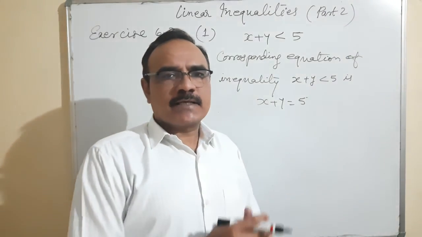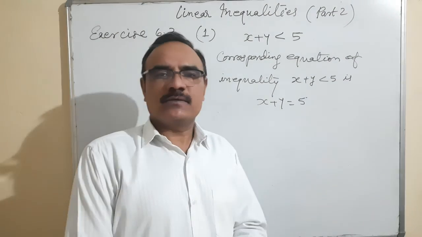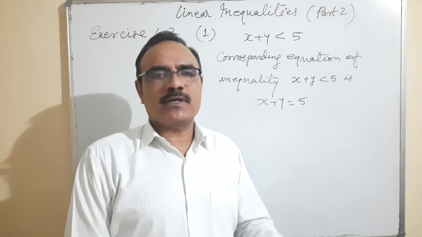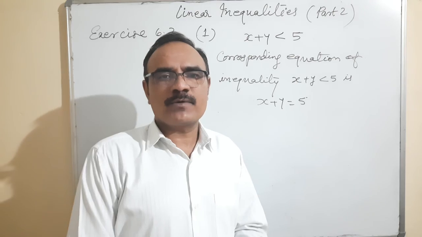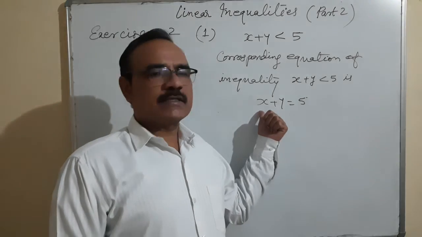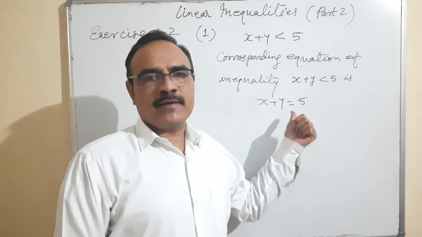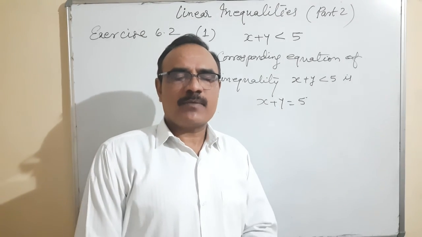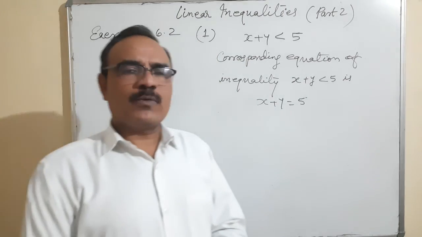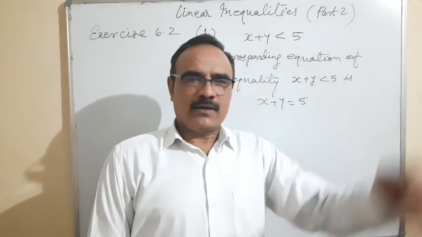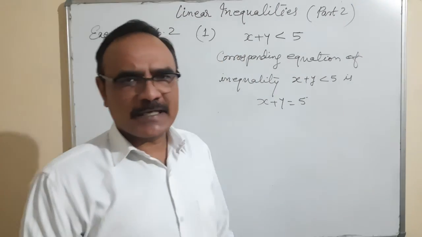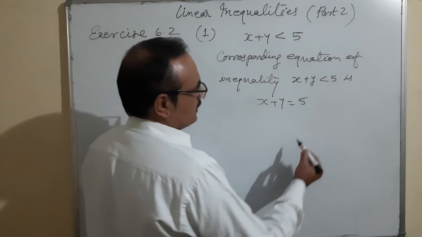Now go back to class 10th. Linear equation in two variables. Suppose we are going to find the solution of a linear equation in two variables. What we have to do? Make a table. Some independent variable, suppose it is x, and dependent variable y. So we will consider any values of x and find the corresponding values of y in a table. At least 2 points are required for drawing, sketching a line on the graph paper. Same thing will be done here for finding the solution of it.